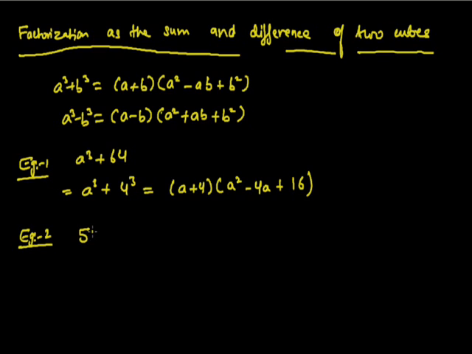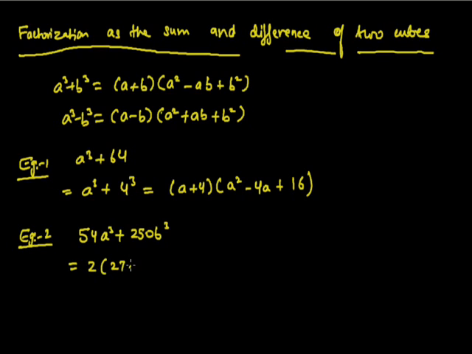The next example is given as 54 a cube plus 250 b cube. Now if you see in this example, this 54 a cube is not actually in the form of a perfect cube, because 54 is not the cube of any natural number, and in the same way 250 is not the cube of any natural number, but b cube and a cube are perfect cubes. So we cannot do the factorization until we convert it into the form of a perfect cube. So what we need to do is, we take 2 common from both these terms,